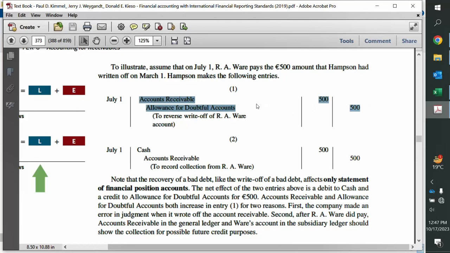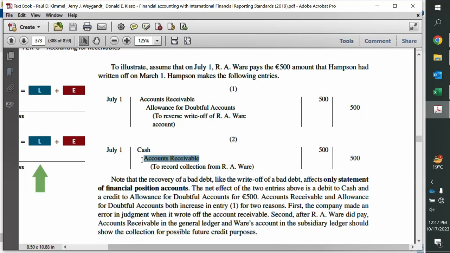And even if he doesn't pay right now, we will make this entry as soon as we get confirmed that this customer is now going to pay, he is back alive. And now whenever he pays, that becomes an accounting entry, cash debit and account receivable credit. So this is something that we have already discussed in chapter 2. So this is the recovery of account receivable.